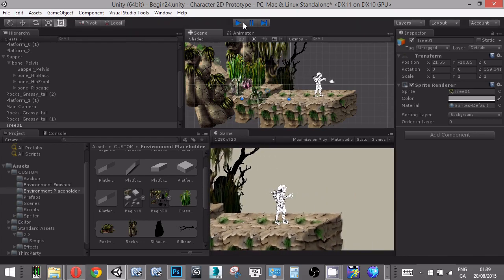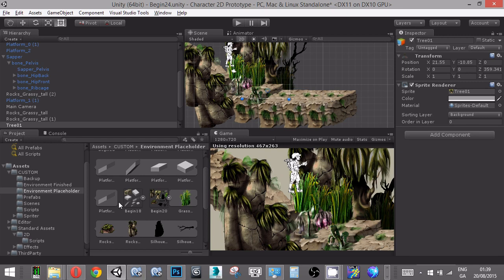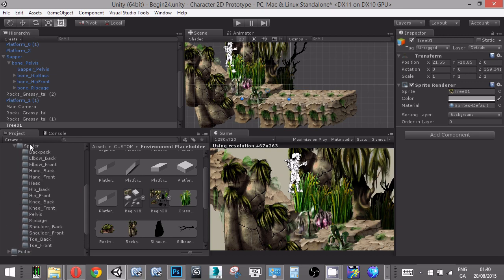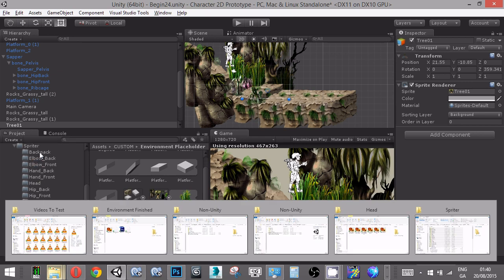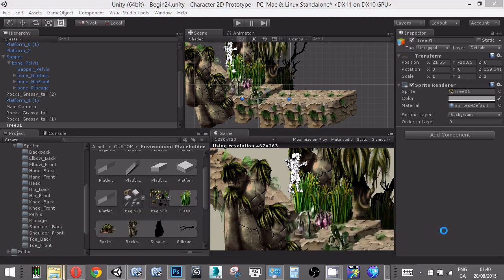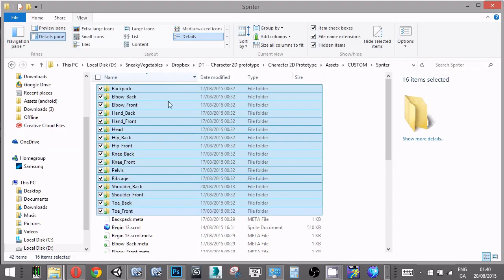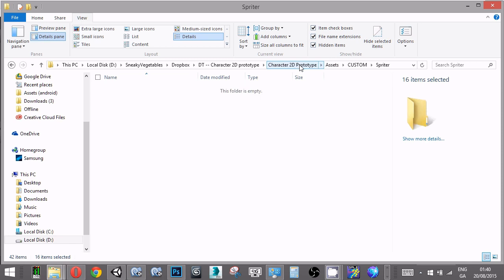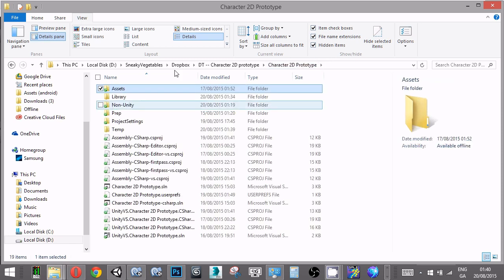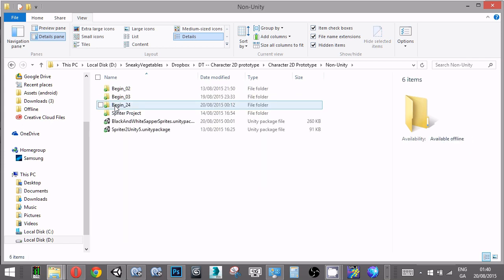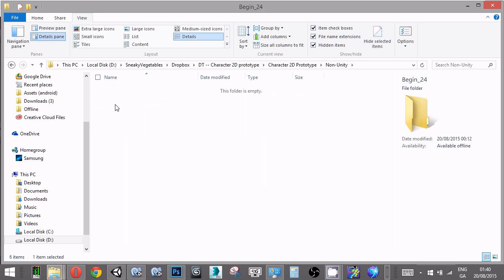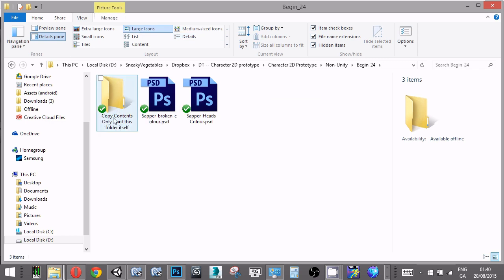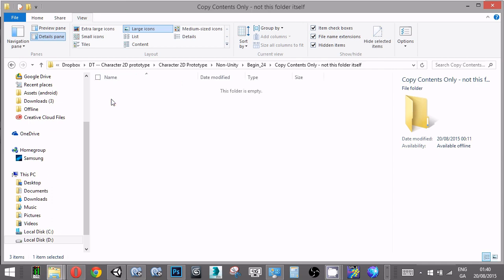But now say we want to update our character graphics. All of those are in separate folders inside of our Spriter folder. Now I could go in and just update them one by one, but really it would just be easier for me to go in and just save over these. So I'm going to go into my Spriter folder. Actually, let's go back here to character 2D prototype, just outside of our assets folder, back into non-Unity where we work in Photoshop, and I've got this begin 24 folder. And if you want to do this yourself, I have this folder here that says copy the contents only, not this folder itself, which means